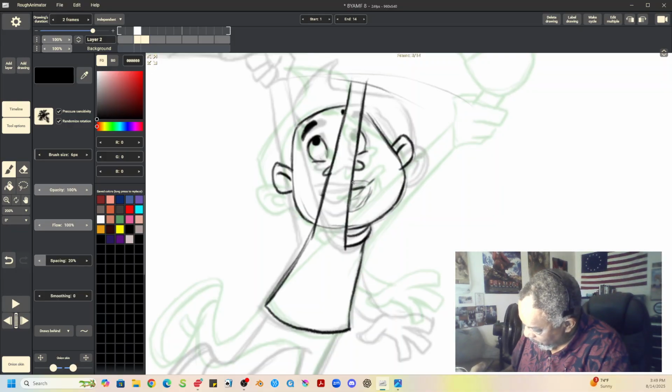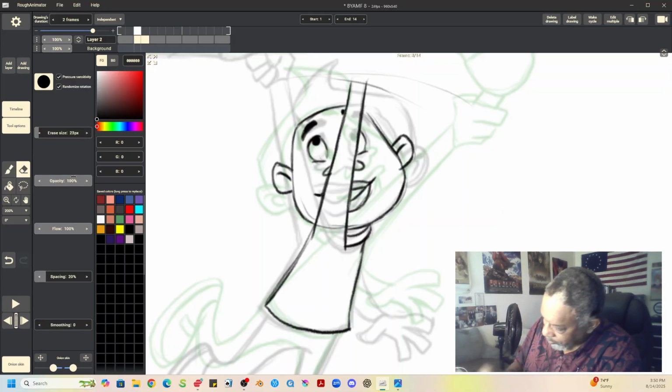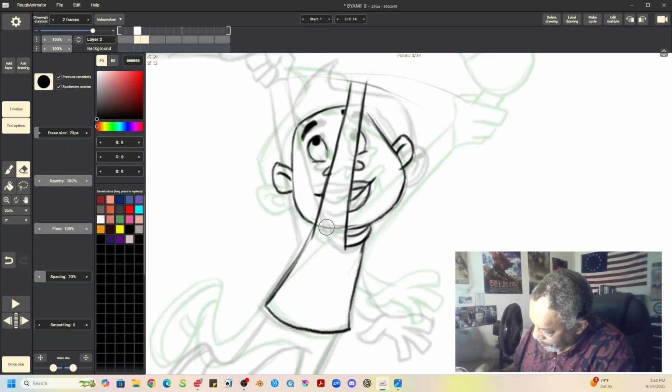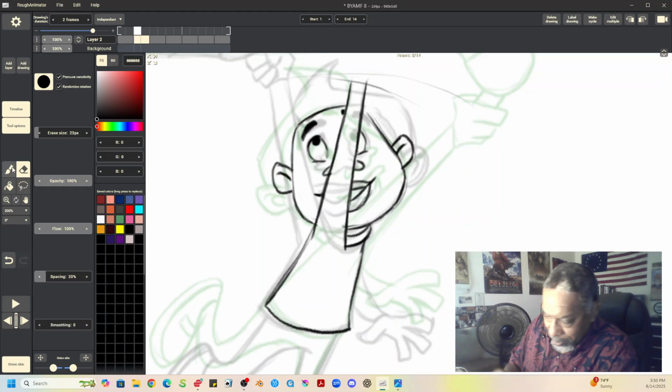Because in the old days, we would roll the drawings. If you were left-handed, you would draw with your left hand, and you would roll the drawings with your right hand. I'm right-handed, so I would roll the drawings with my left hand and draw with my right hand. So